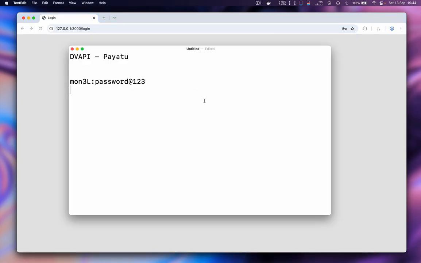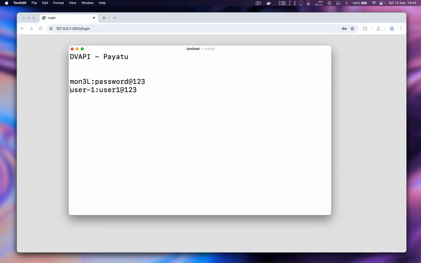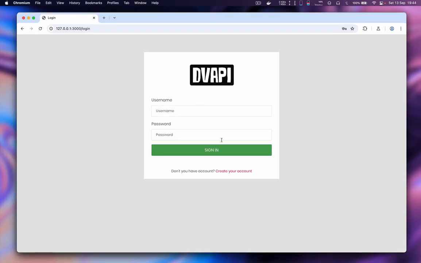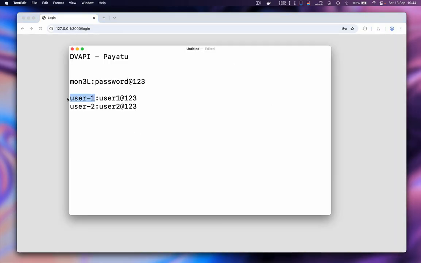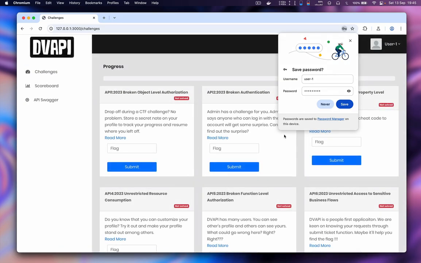Okay, user1 with password user1@123. Let's log in. First I'll try to log in with my user1. Okay, before that let's create user2 also. It's better to have a couple of accounts rather than few. So create the account, user2 with password user2@123, and we are all done. Let's log in. I will first log in with my user1 account, user1@123. Let's click on login, and yes,